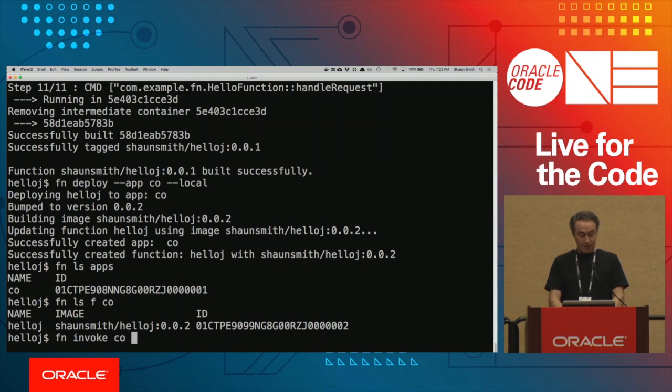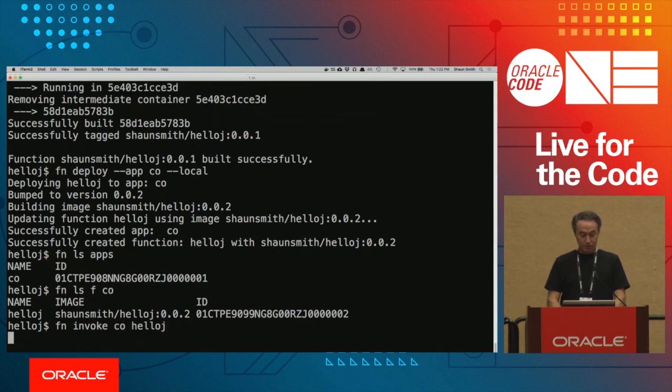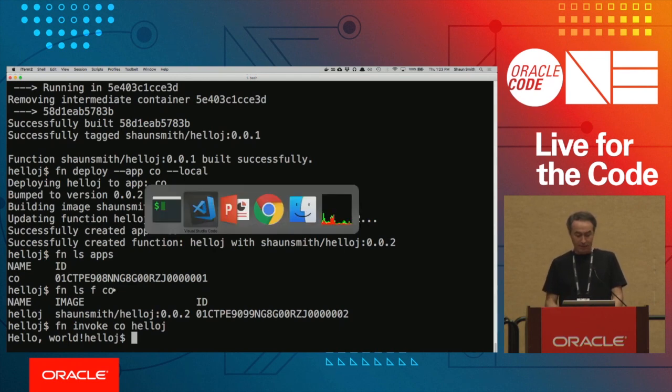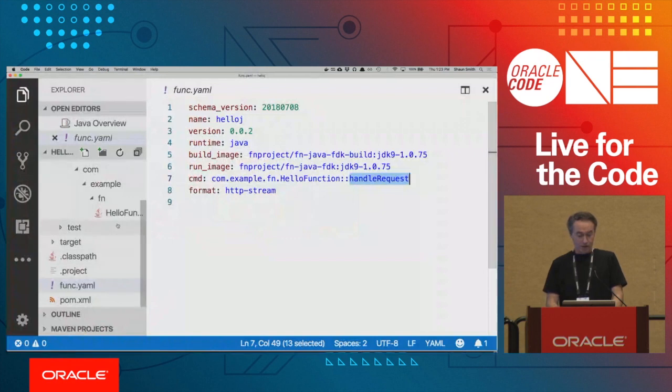The CO application and hello J, right? So it just calls it. So that's pretty boringly easy, which is kind of our goal, right? Our goal is simple stuff should work. That's a pretty easy user experience for the first person. So for a Java developer, that code is not particularly strange looking.